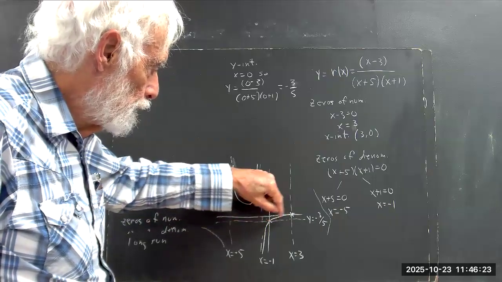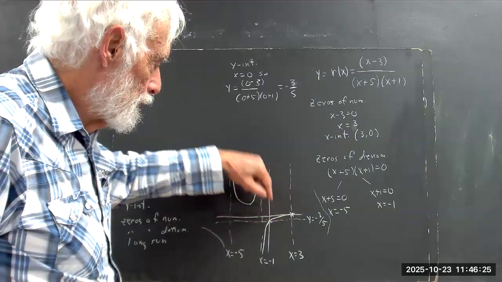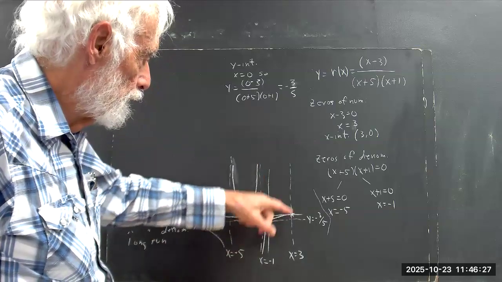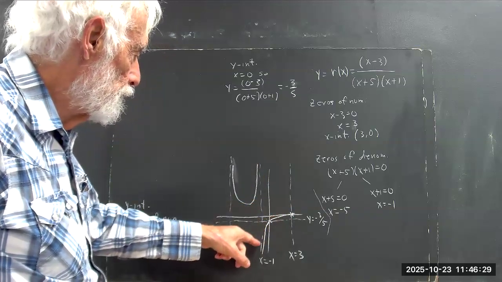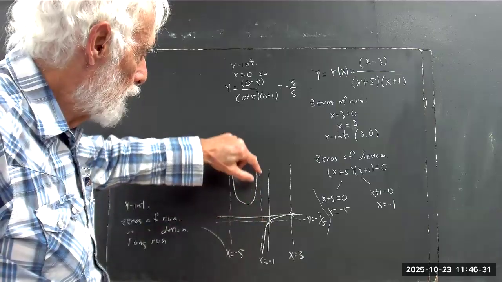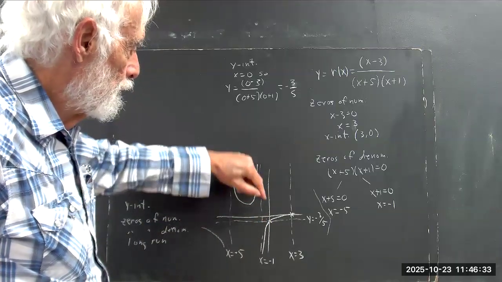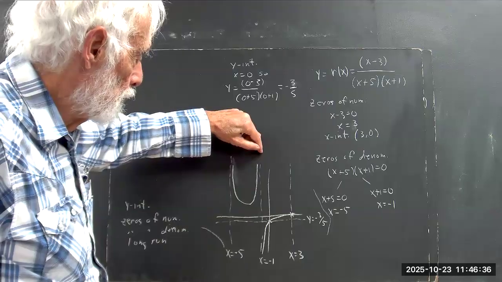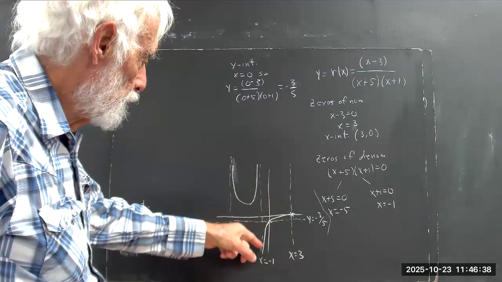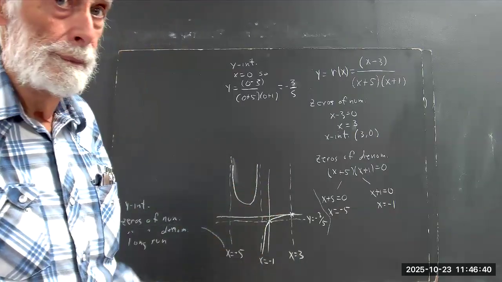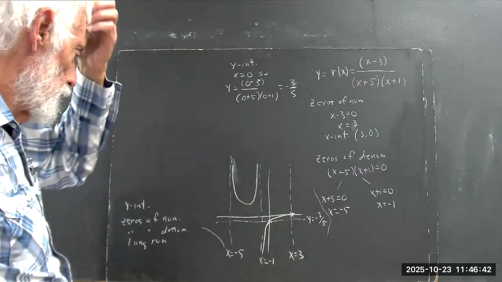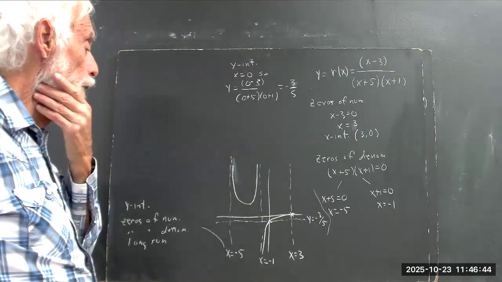the function has to go through these 2 points. It has to be asymptotic to this line. So it's going to go through these 2 points. It can't turn around and go back through the x-axis to approach the asymptote this way. It has to turn around and approach it this way. The other side of the asymptote